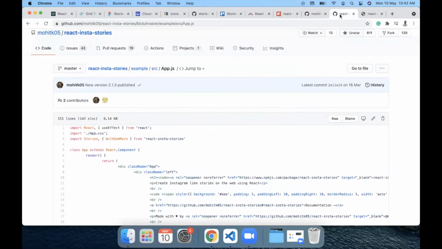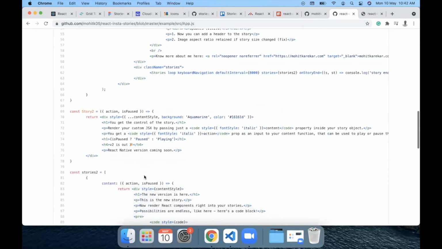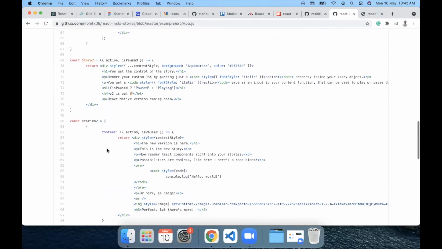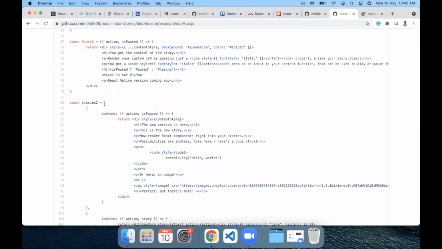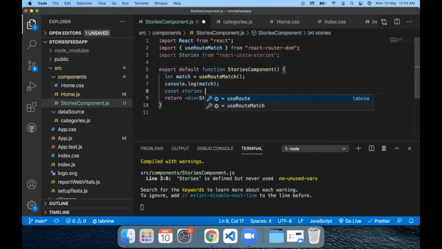And one such example is present in the examples folder. So this is how it looks. We pass the entire content in a content param in an array. Within that, we can pass whatever we want. So I'm going to build this array temporarily in our code, and eventually we are going to use JSON data. So let's create a stories array with a single element for now.